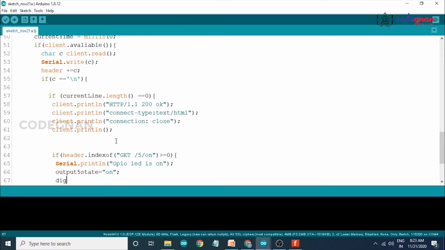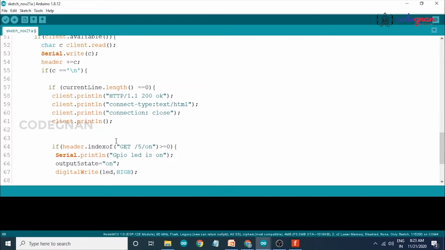And digital write, our LED will be on, so that digitalWrite LED comma HIGH. So when we get the message from the button, our LED will be on.